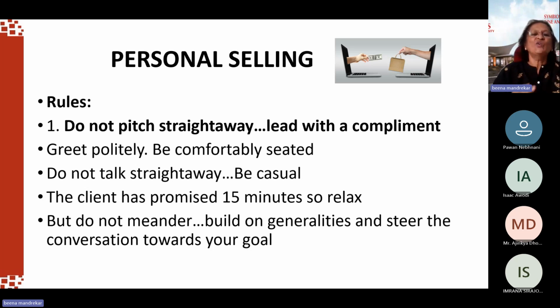Also, do not go and say, hello, Mr. Sharma, my name is Beena, I want to sell you this product. Do not pitch straight away. Go in, talk to him and say, what a wonderful office you have. Lovely view. Thank you. Good afternoon to you. Please sit down. Talk about the weather, talk about how you took so much time to come, but you were well in time, etc. And now, should we move towards our objective? I came here to introduce my product. Go gently towards your goal.